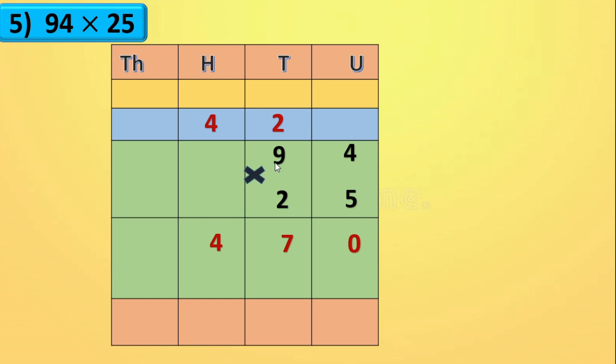Now we will multiply 94 by 2 tens. So first we will put 0 here in the unit column. Okay. So 94 multiplied by 2, that is 2 fours are 8. 2 nines are 18. Okay, now here 1 will move to thousands place. 1 is carried over to thousands place. See here, we have to use this row. Got this? Because we are multiplying the given number by tens. So the upper row we will use. Now 1 we will write down here.